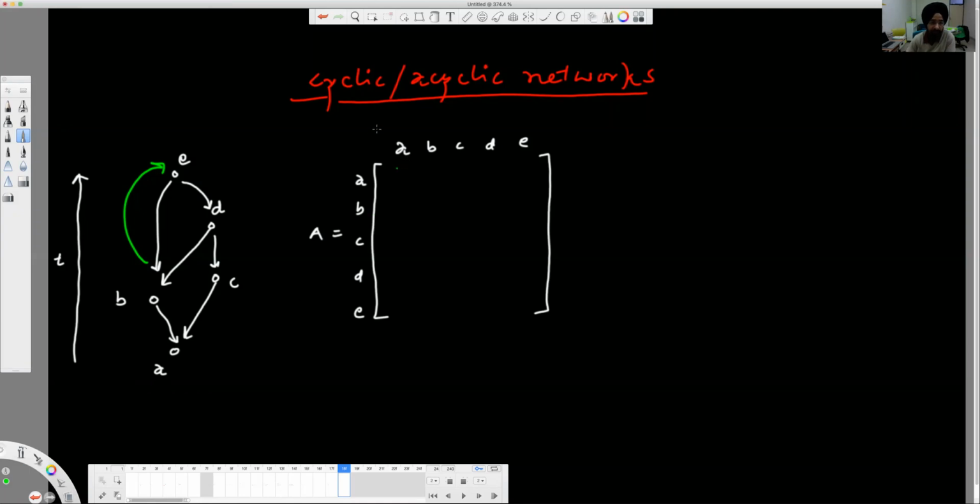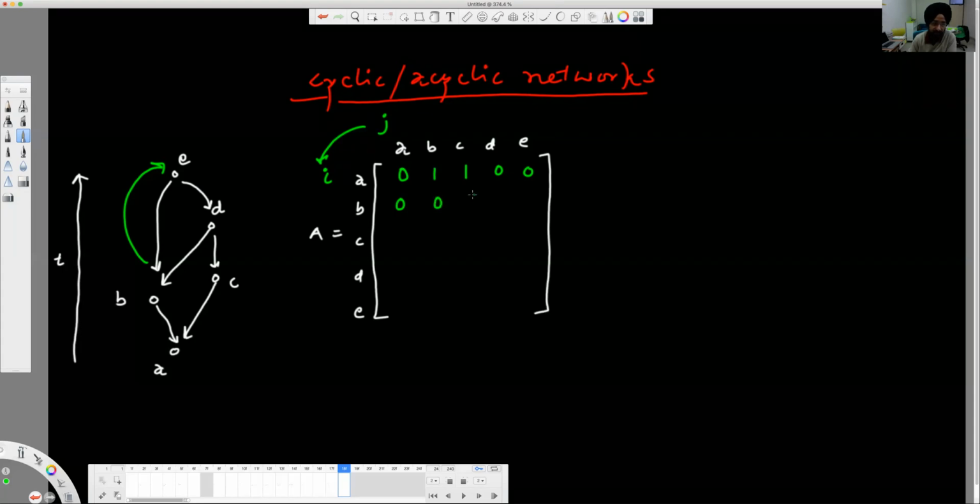Okay, now let us fill the gap, fill the matrix. Does A cite A? No. Self-citation of the same paper to the same paper is impossible, right? Nobody cites the same paper in the same paper. Okay, does B cite A? Yes. Does C cite A? Yes. D cites A? No. E cites A? No. Does A cite B? No, never. This is not possible. A cannot cite B, right? Does B cite B? No.